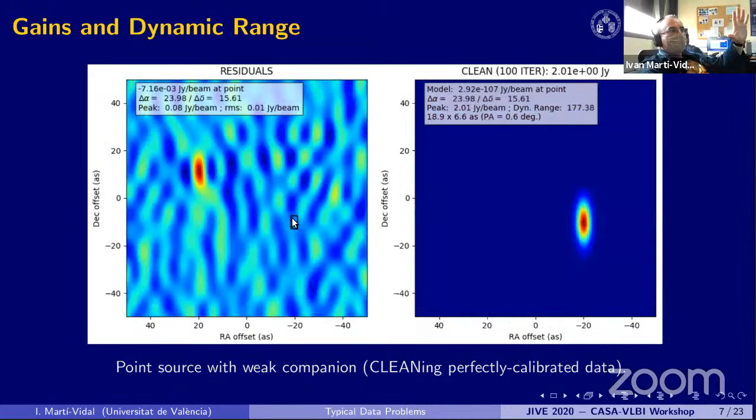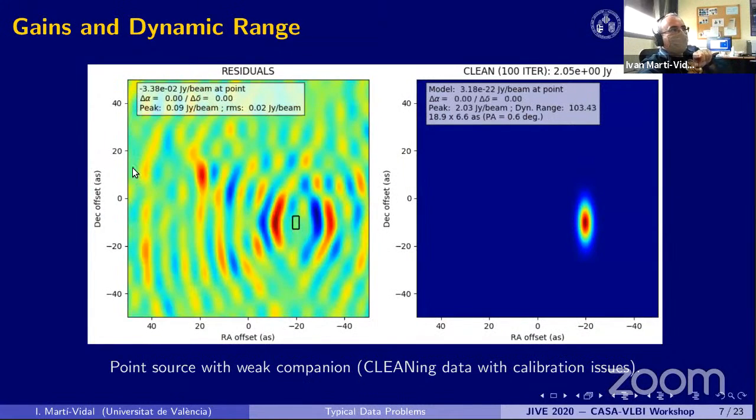So you clean this source and you are able to see the weak source here. Actually, you see it very well. It's a very clear detection of the weak source. But now if I add the error, if I add the antenna error, look what happens. It's just adding 20 degrees phase in one of the Westerbork antennas, only one of them. And the limitations that we get in dynamic range are enough to just wipe out the signal from the weak